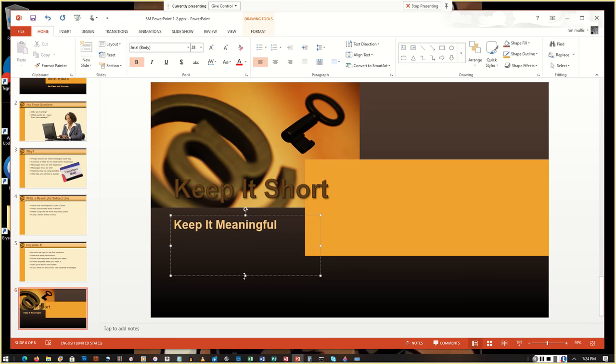7C says select the title text, keep it short, change the font size to 24 point, and resize the placeholder to fit the text. All right, so right now it's set to 60. We want to set it to 24. And then we need to